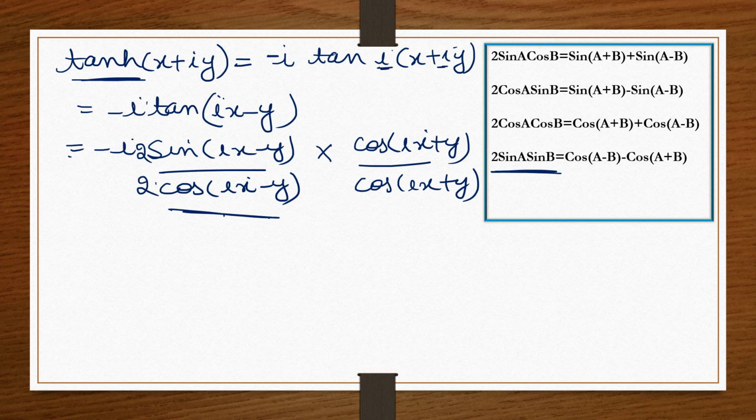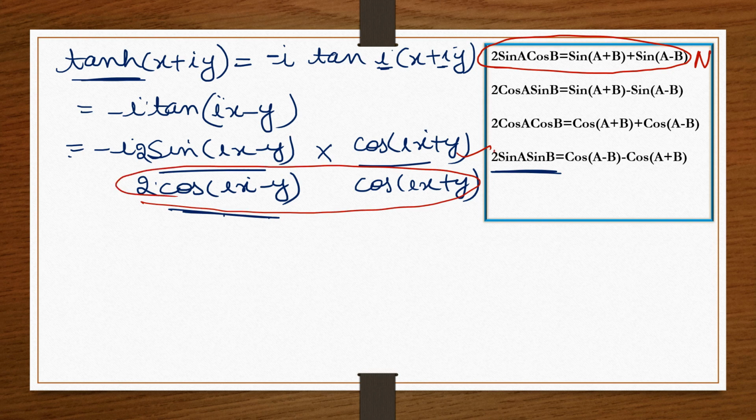Okay, so in the numerator you have to apply which formula? 2 sine A cos B, this one. Apply this in the numerator. And for the denominator use this formula, 2 cos A cos B. Apply this for the denominator. Then you'll get the same thing and you'll get the final answer. So I'm going to write the final answer. You can do it yourself, I want you to do this. Okay, so the final answer is